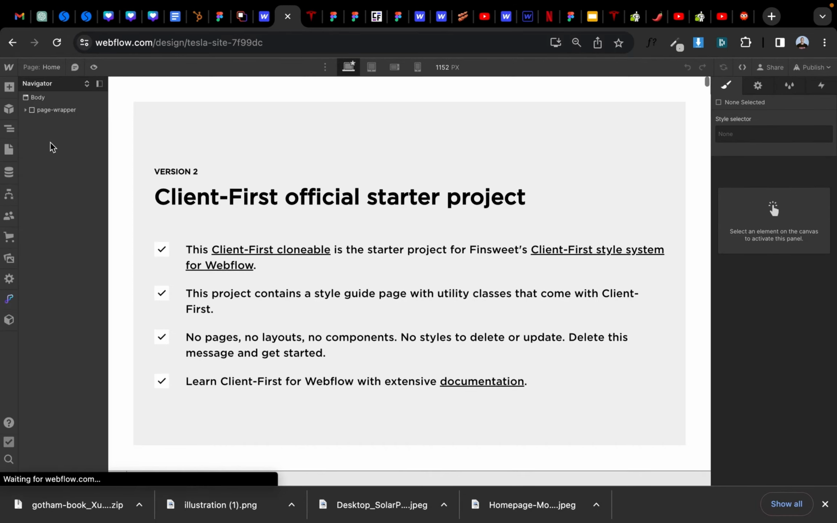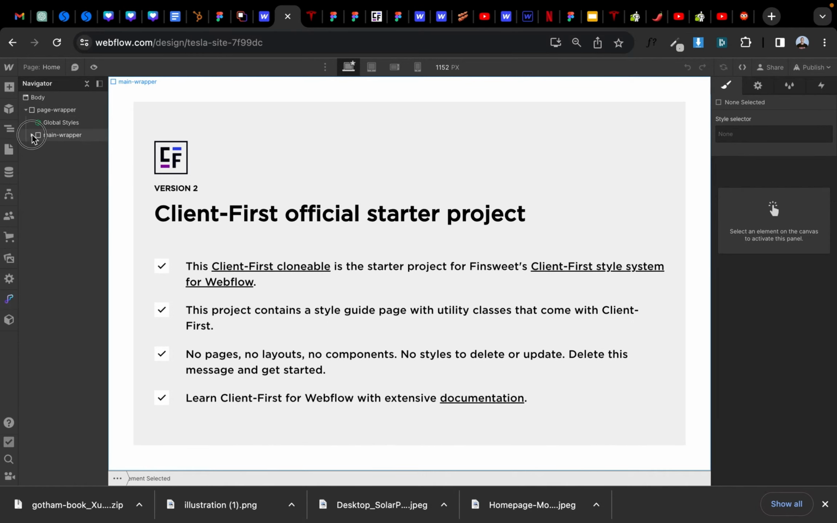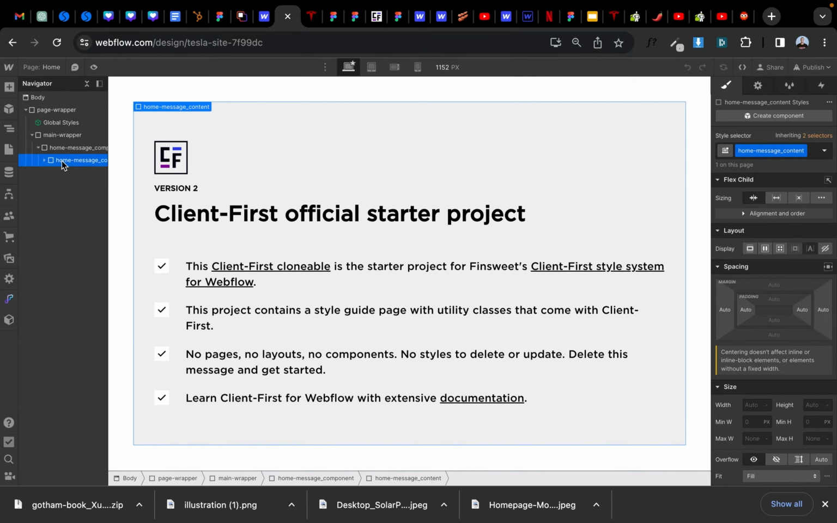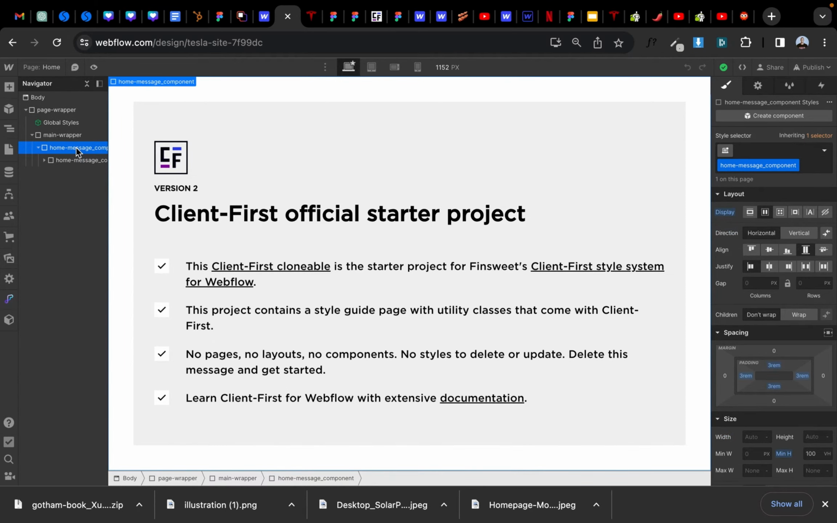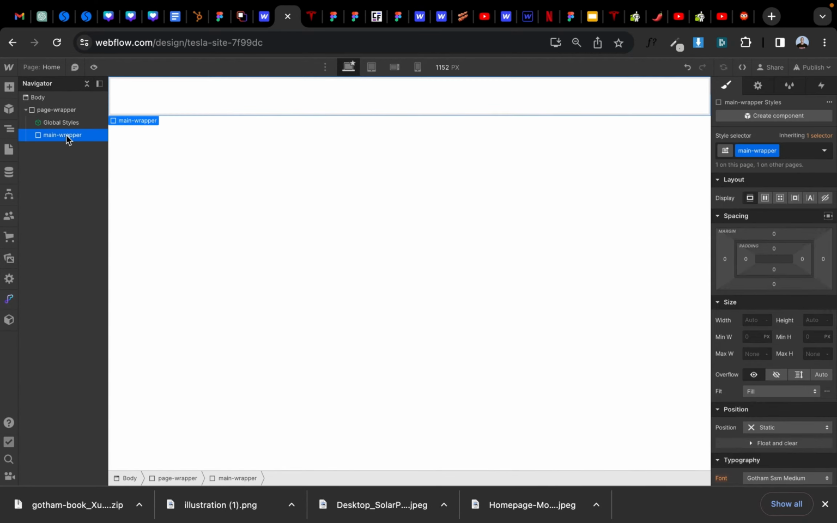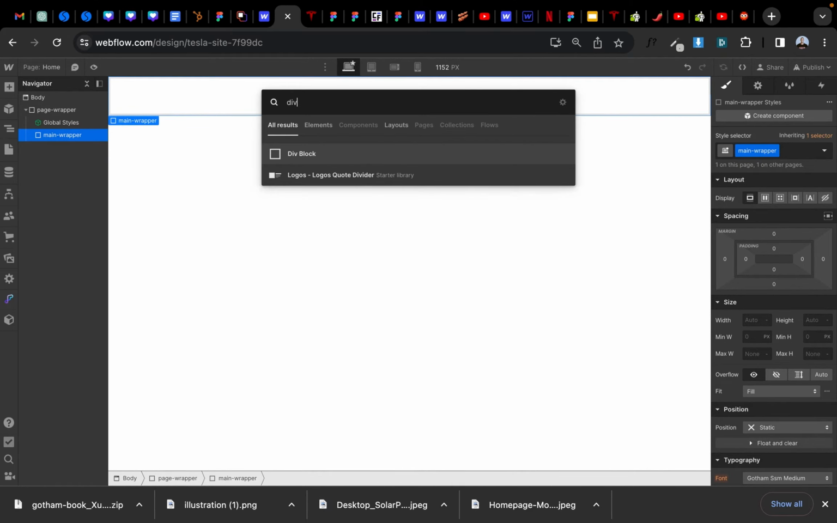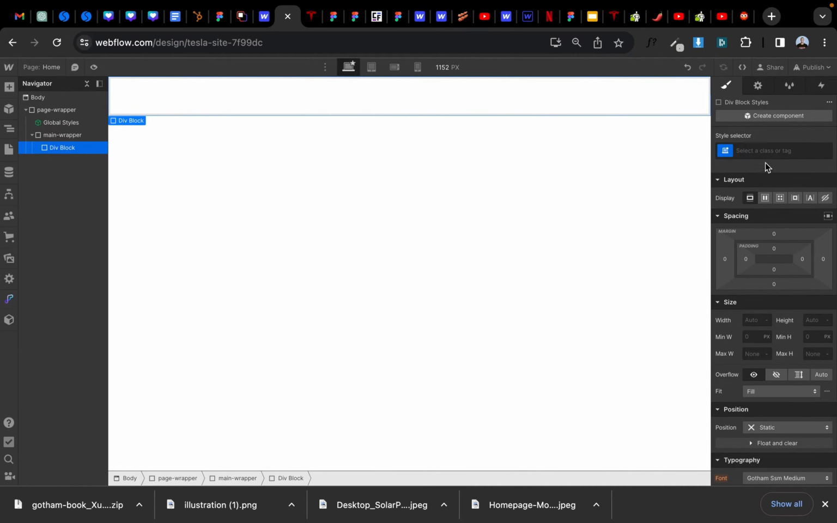Go back to the home and come right here. And you want to delete all of this. We don't need it for anything. I'll just delete this. Go out. So inside of the main wrapper, we're going to bring in a div block, and we're going to call this